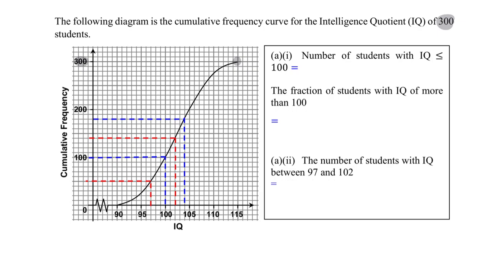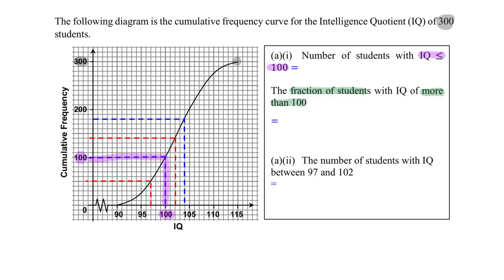And part A(1) eventually requires us to find the fraction of students of IQ more than 100. Now, to approach this, step 1, we will need to find the number of students whose IQ is less than or equal to 100. This number can be gleaned easily from the graph. At IQ 100, if we go up the graph,